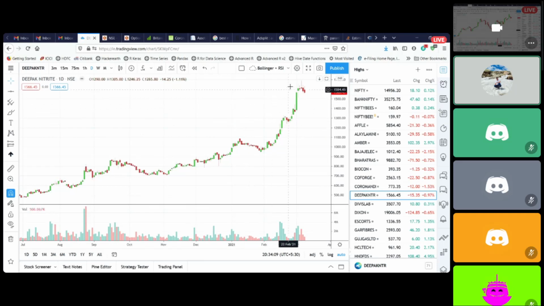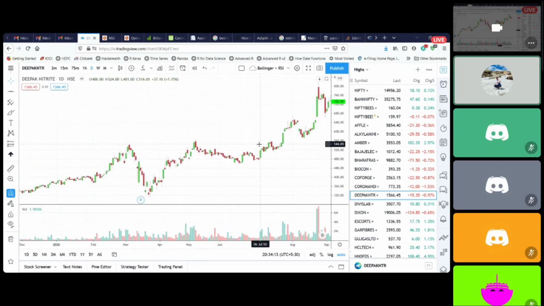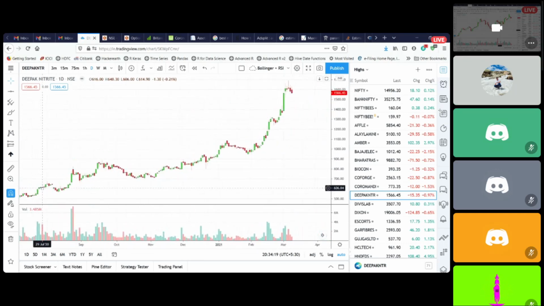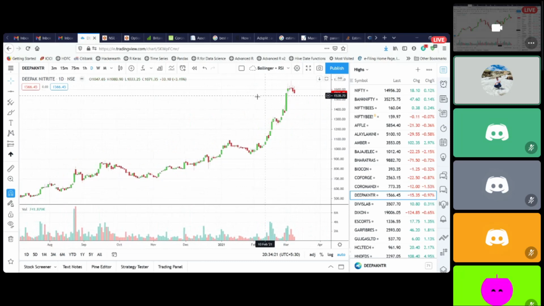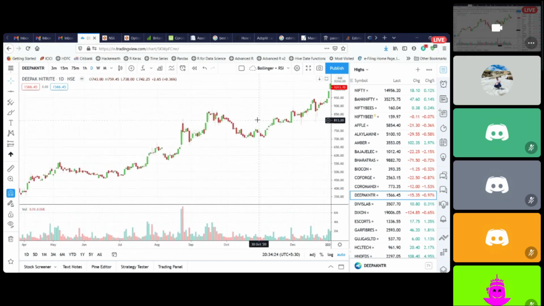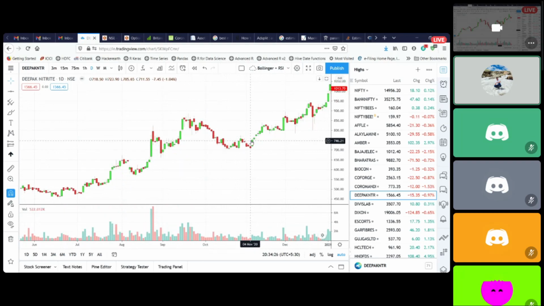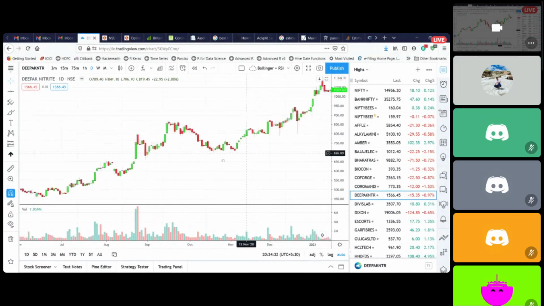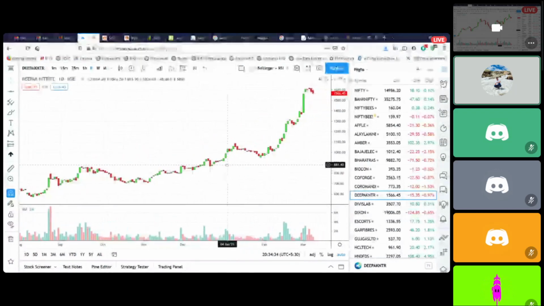But swing trading, it's very difficult to capture this. But if you are doing long-term investing in Deepak Nitrite, then yes, 560 itself was your entry point right here at the high. So from that 560, it is at 1560 already, 3 times. But the only swing that I got was this only. So I took this 752. I didn't hold off to 860. I probably booked out at 840 itself. I got my 8-9%. I booked out.